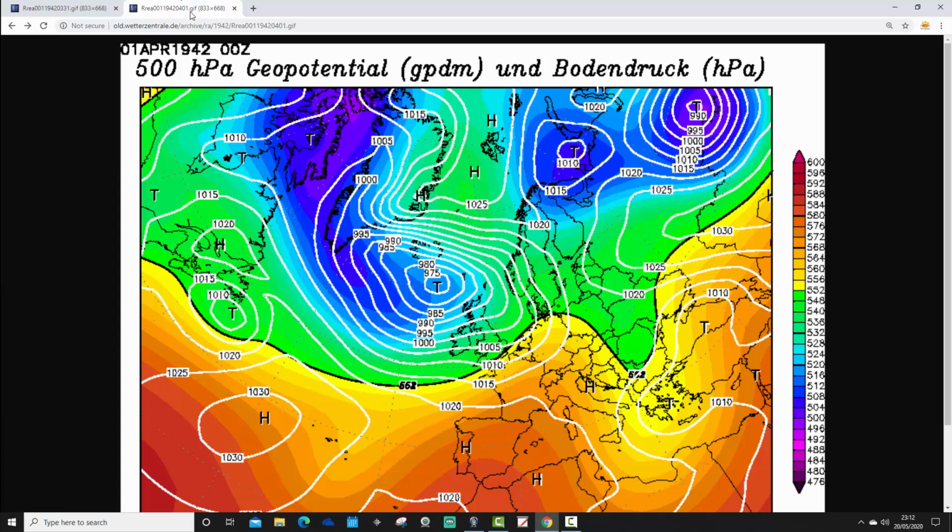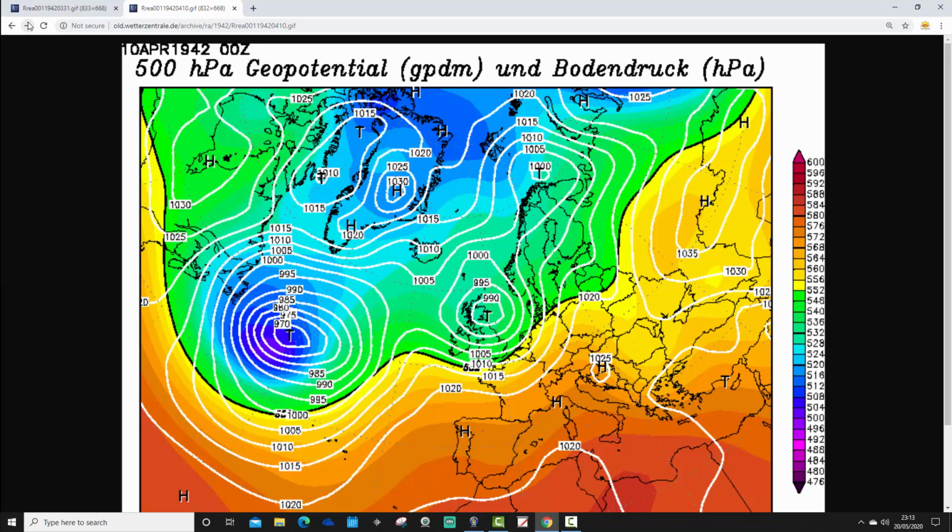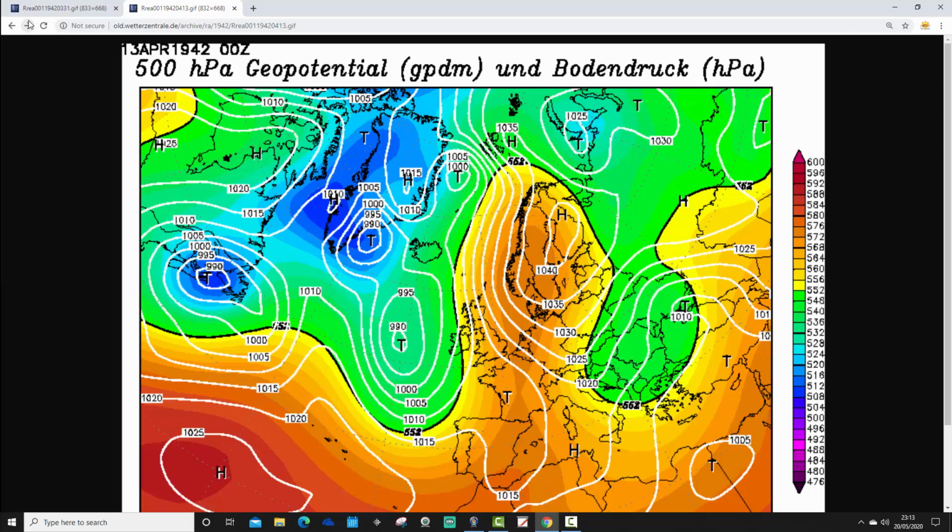It has a central temperature of 9.2. This is another, as well as being renowned for very cold winters, and particularly cold in January in the 1940s, the 1940s are also renowned for their very warm Aprils, and this is another one of them with a CET of 9.2. Starting April 1942 on a wet and windy note with low pressure in from off the Atlantic, but